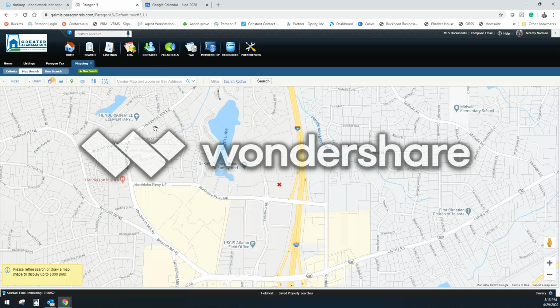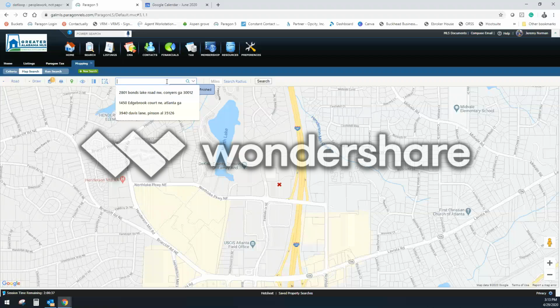All right. Mapping is, of course, going to pull up a map right here. Your next step is you're going to see a spot where it says center map, where it says zoom on the address. What this is going to do is actually zoom in on the property that we're trying to evaluate. So your next step is putting the property address directly in this bar. So we're going to put in here 508